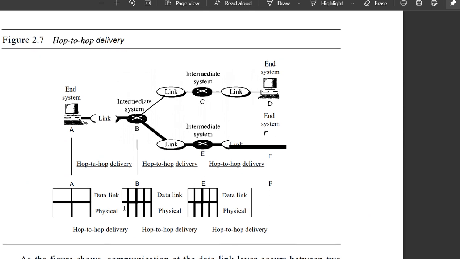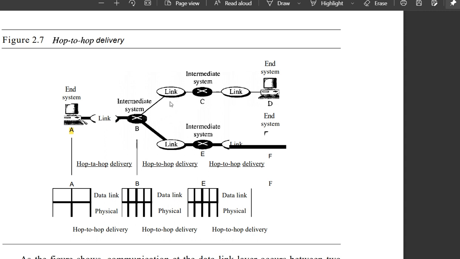Hop-to-hop delivery is what they have given here, meaning node-to-node delivery using the data link layer. Here A is an end system, which might be a sender. Here D is another end system, which you can consider the receiver. Intermediate systems are there, and these links are given here, deciding which link has to be taken.